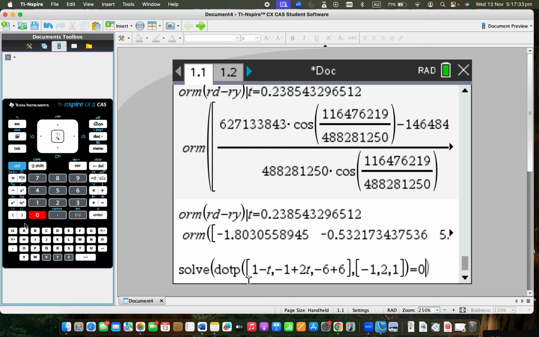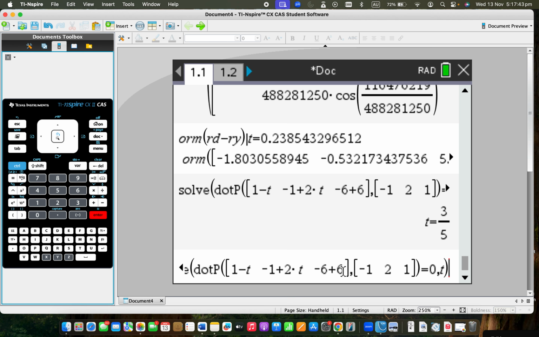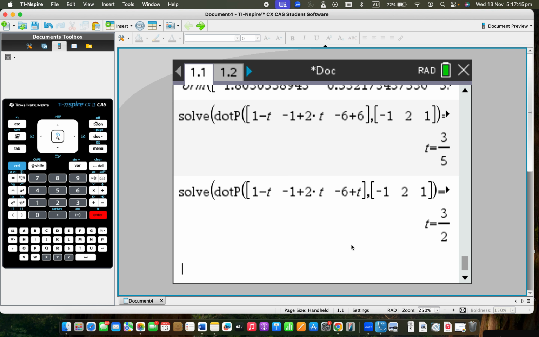That should be equal to 0, comma t. I think I typed something wrong. Negative 6 plus t, not negative 6 plus 6. Is that right? And then if I do the norm of this vector,